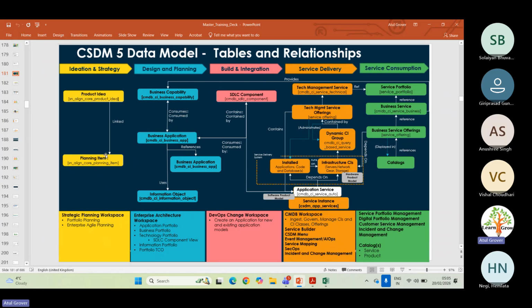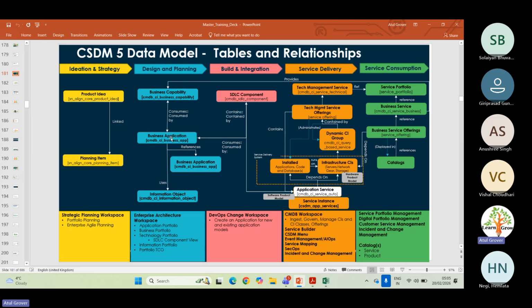I'm saying relationship type, not relationship way. That's the next part we're going to discuss. Business capability and business application have a consumed by relationship. Business capability consumed by business application